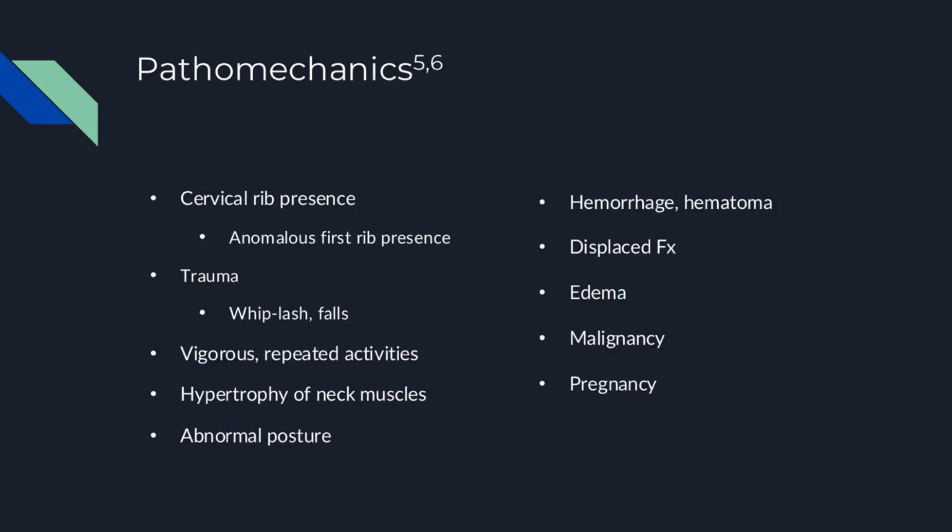Okay, go back to your pathomechanics slide. You see cervical rib presence, anomalous first rib presence. So in many cases, these patients could have an elevated first rib to where they would benefit from mobilization of the first rib, like depression of the first rib, trying to reposition that first rib where it should be. So that's going to be hallmark to assess for an elevated first rib, and I'll show